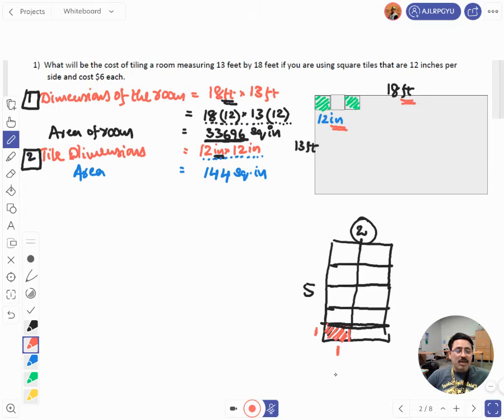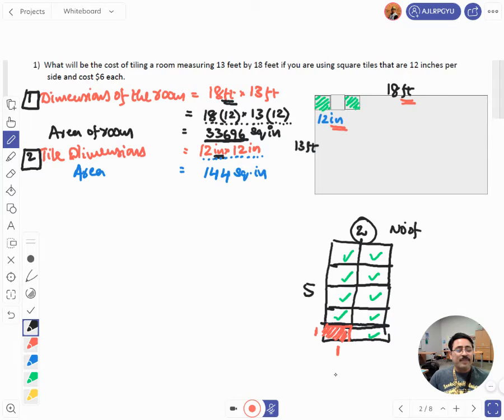Therefore, how many tiles are required? Actually, here you can compute manually. 1 tile is required, second tile, third, 4, 5, 6, 7, 8, 9, 10. So this is a small rectangle so that you can compute, but here you cannot count because it's such a big room, right? So the technique is, if you observe carefully,